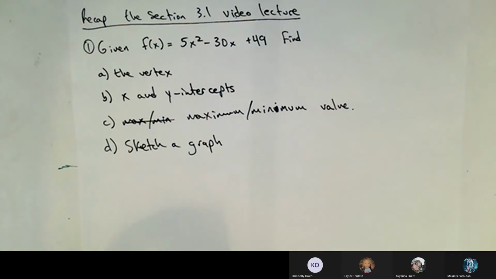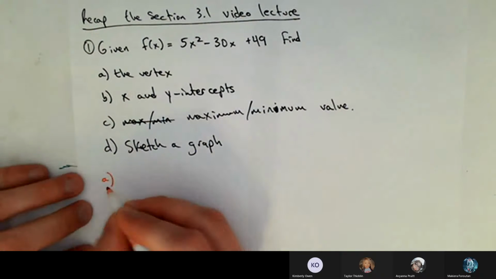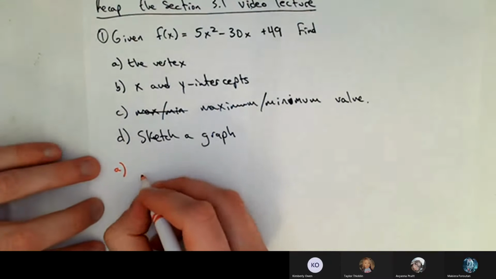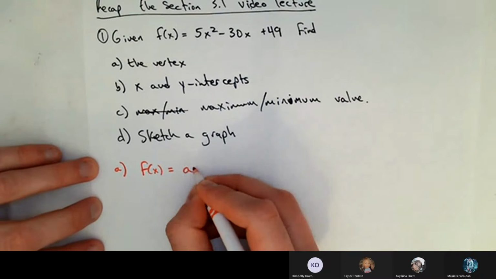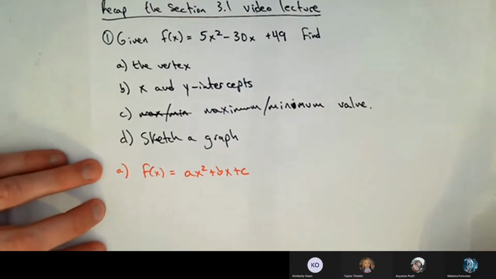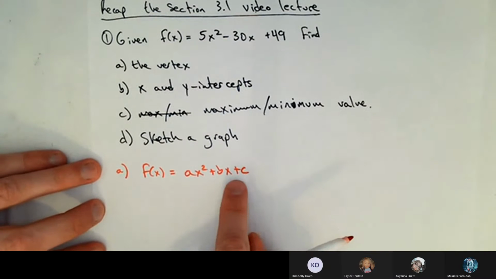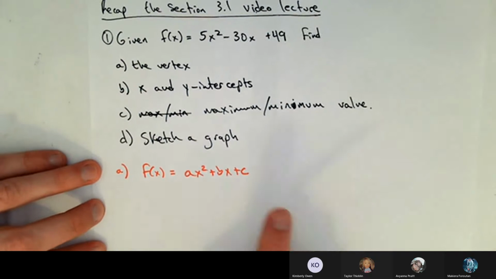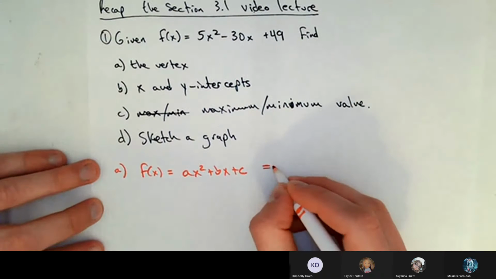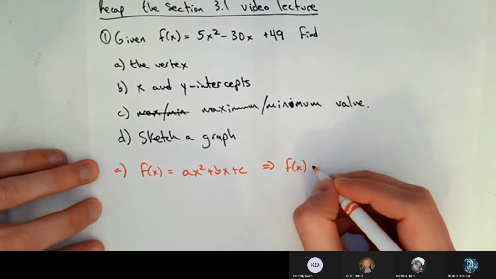Okay. So let's find the vertex. For part A, how do we find the vertex? We have to put the function in so-called standard form. So recall that to do this, we take a function from the form ax squared plus bx plus c, which is going to be the given form. You've got a, b, and c. In this case, a is 5, b is negative 30, c is 49. And we want to get to a function of the form